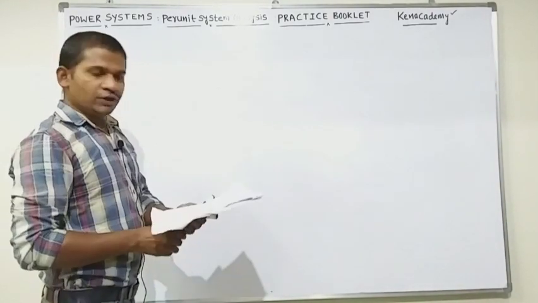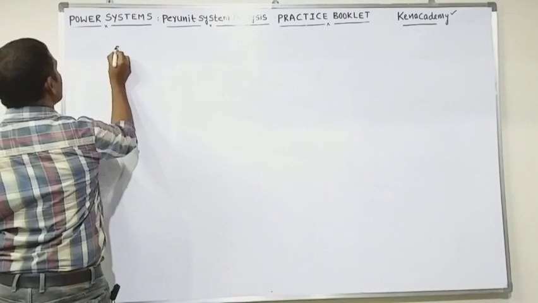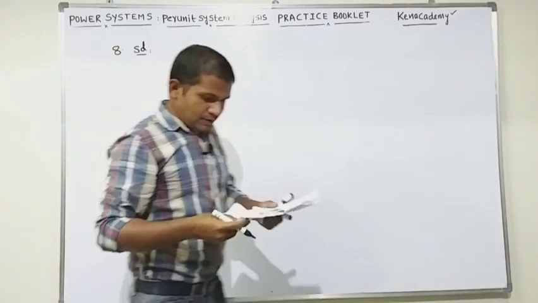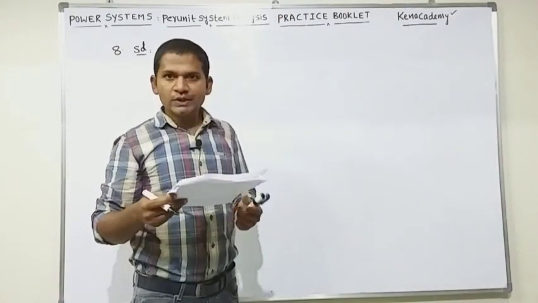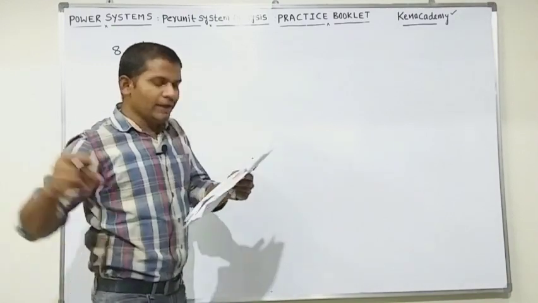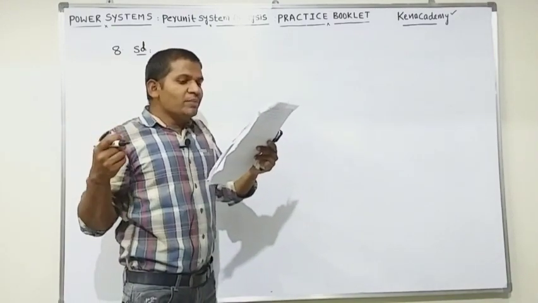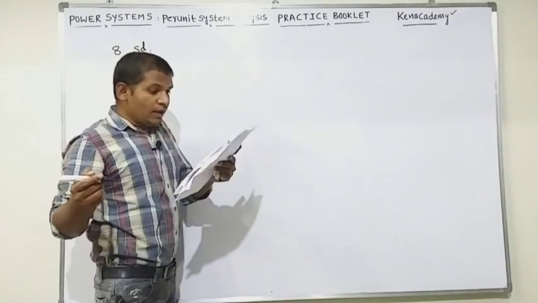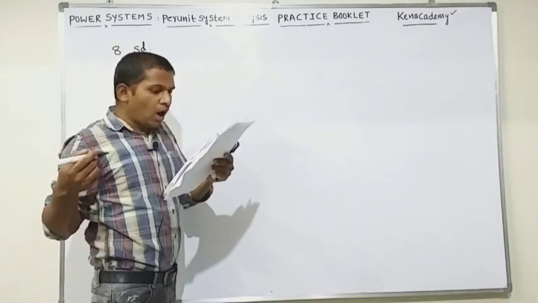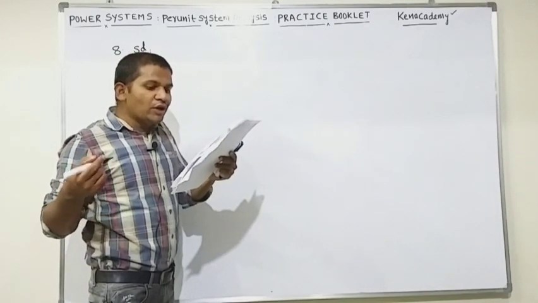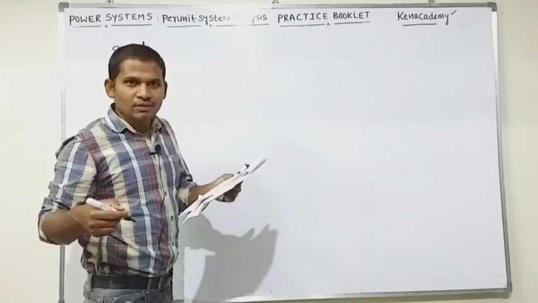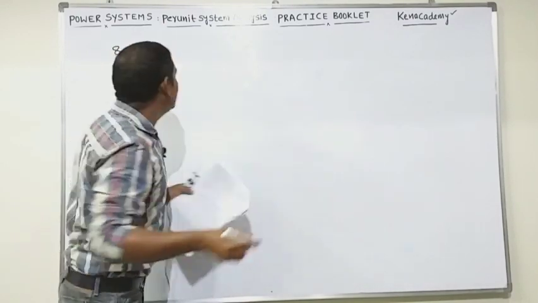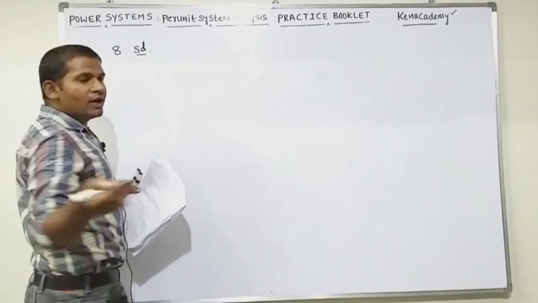Students, concentrate. Question number 8. I am giving the solution for question number 8. This was asked in ESE 2002. I am reading the question. The per unit impedance of a circuit element is 0.15. If the base KV and base MVA are halved, then the new value of per unit impedance of the circuit element will be dash. But it is given as one circuit element. Let us assume that the impedance is the one circuit element. Then you want to find the new value of per unit impedance.